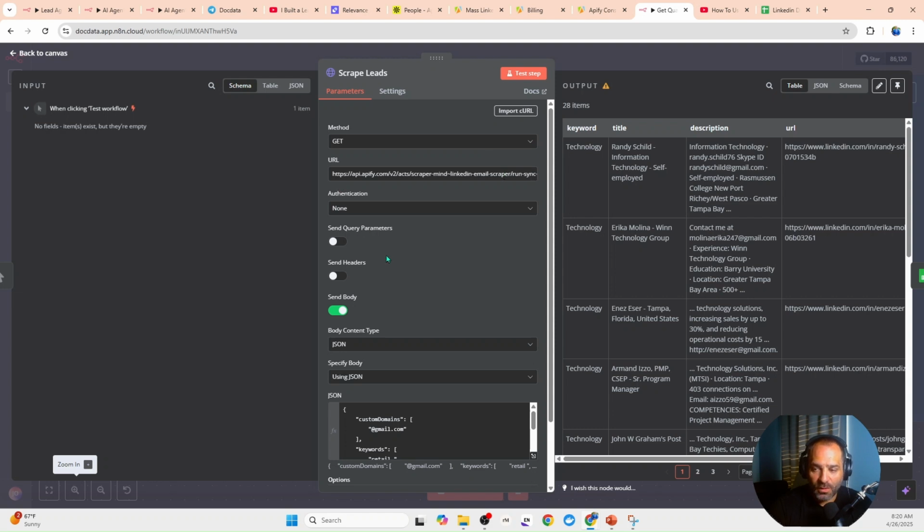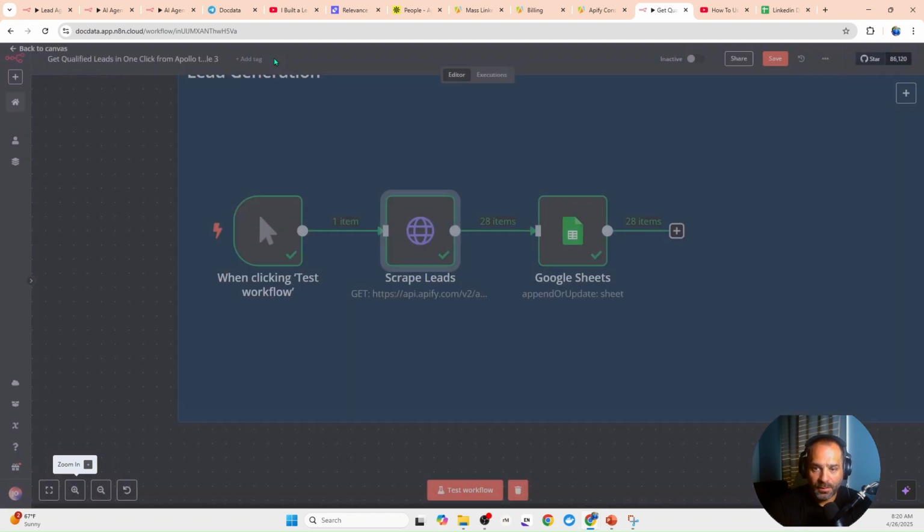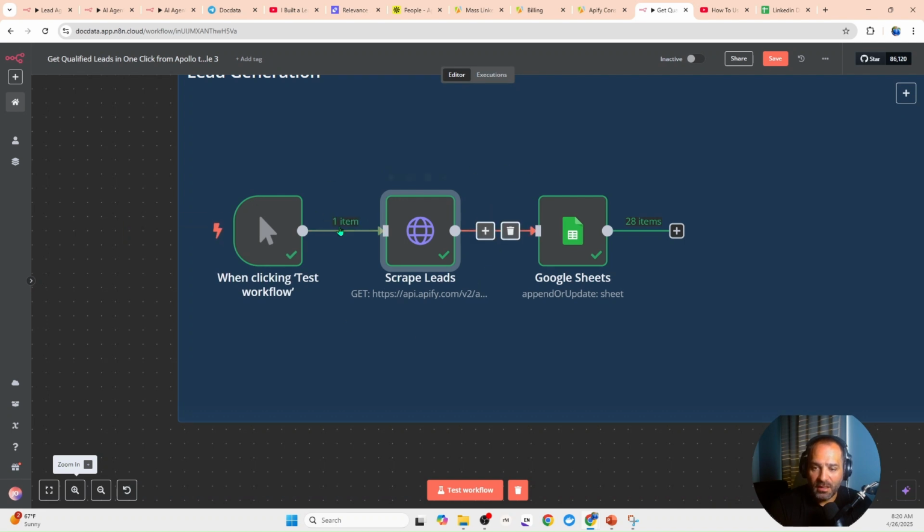I'm not going to paste it because I don't want to display my API key. Once you do that, you run this and it will run the information. It's going to send that information to your Google Sheets. Now,